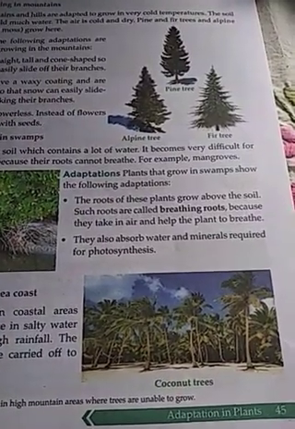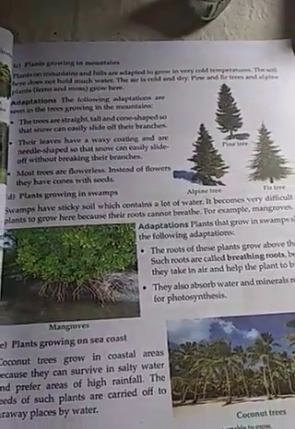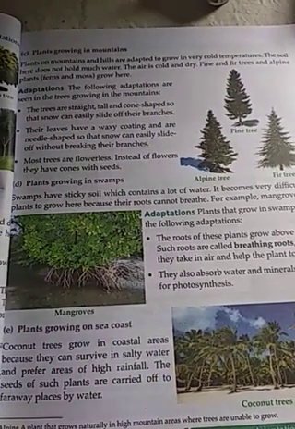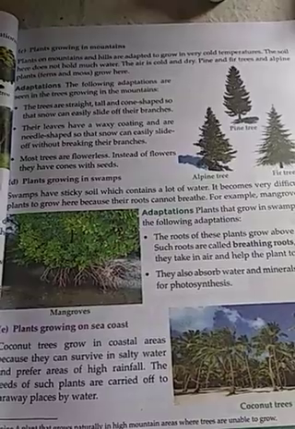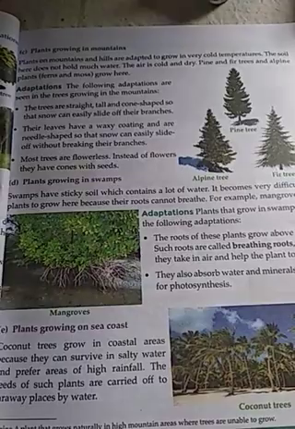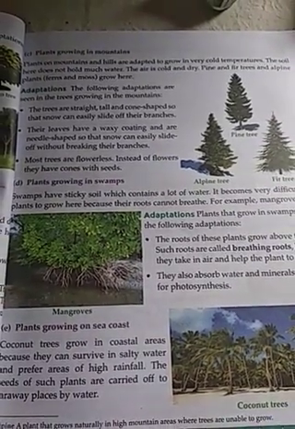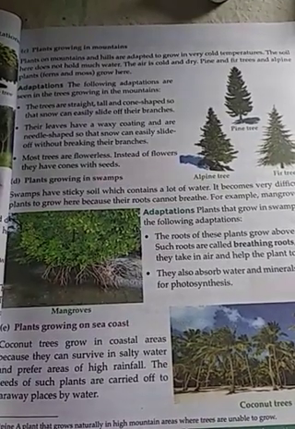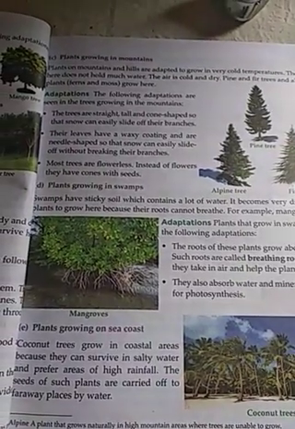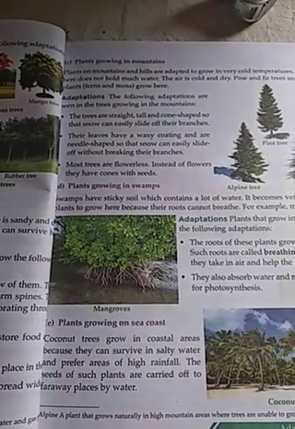So can you tell, children, where in India this type of forest is found? This type of forest is found in India in the Delta region. It is called the Sundarban forest, where we have mangrove forest. Sundarban region, okay. It is near West Bengal, where a lot of mangrove forests are found in the Delta region.